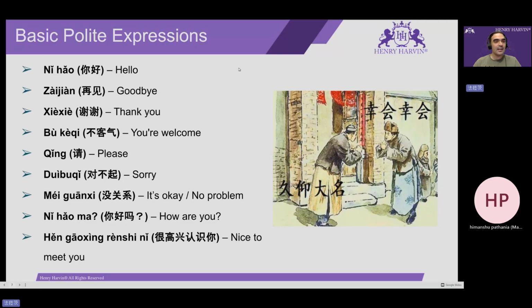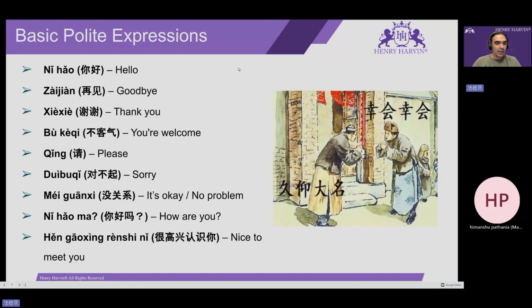So it's 再见, which means goodbye, and the word 谢谢, which is for thank you. We already studied that as well. So in reply to the word 谢谢, generally we use the expression 不客气, which is for you are welcome. There are some other expressions that can be used in a similar way as well, with just some different speaking style or words,